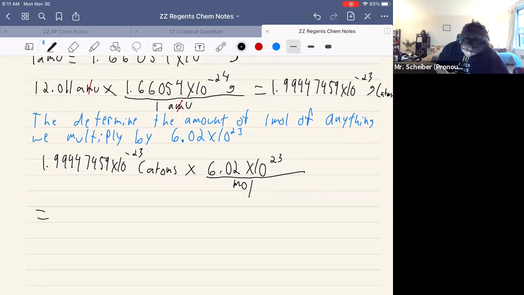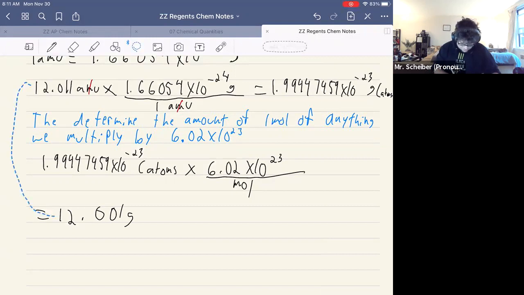And that's going to equal, look at that, 12.0. It's about 12.011 grams, which is about the same, right? To two sig figs, which I have told you, they're about the same. They are the same, and that's because